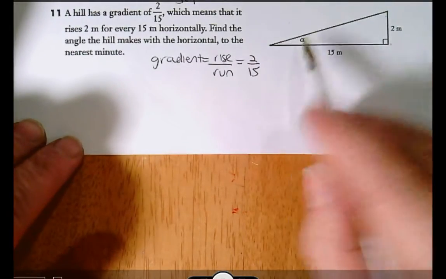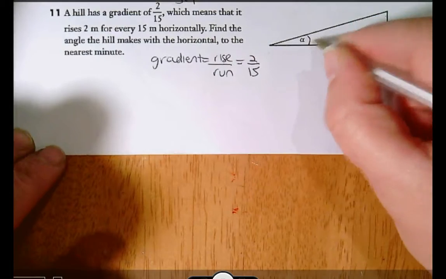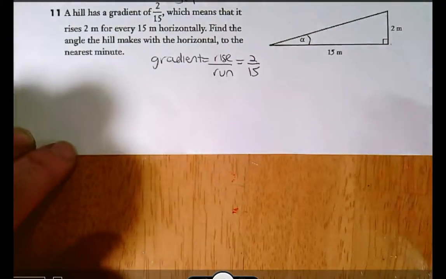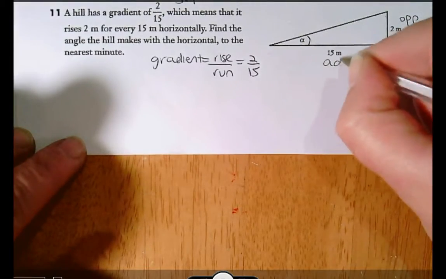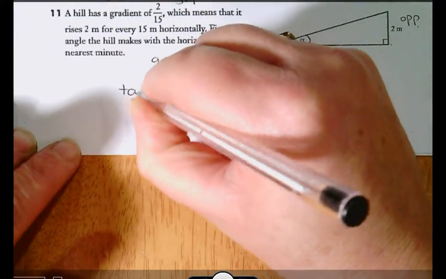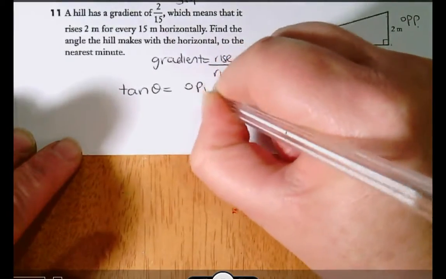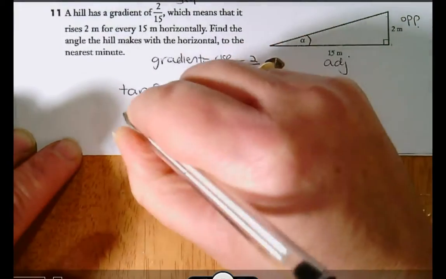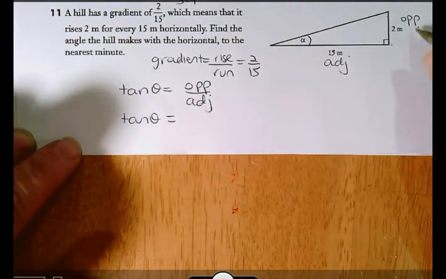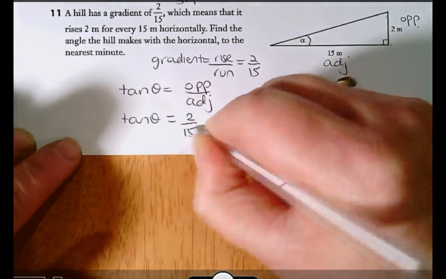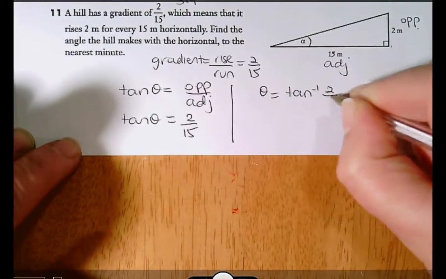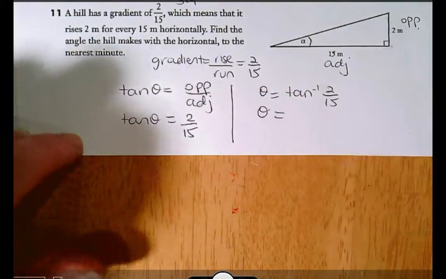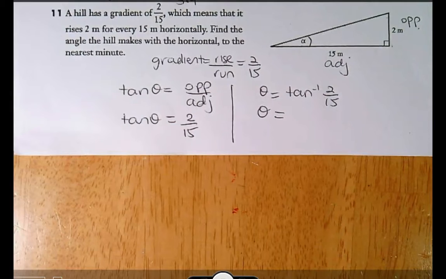The question is to find the angle that the hill makes with the horizontal. So here's the horizontal, we have to find this angle here. So here we've got opposite compared to the angle and adjacent, so we will use tan. So tan theta is opposite over adjacent. So tan theta, our opposite is 2 and our adjacent is 15. So therefore theta is tan to the minus 1 of 2 over 15. And entering that on your calculator,